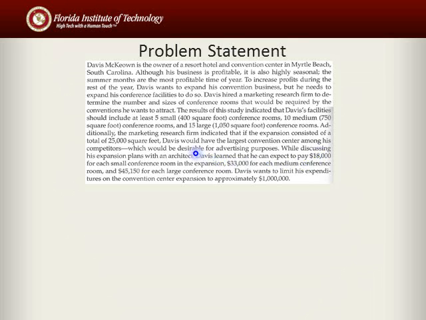And just want to point out that word, desirable. Okay, when you see words like that in problems such as this one, goal programming seems to be a good approach. Because what you want to do is set up goals such that it's desirable not to deviate from them. So while discussing his expansion plans with an architect, he learned that he can expect to